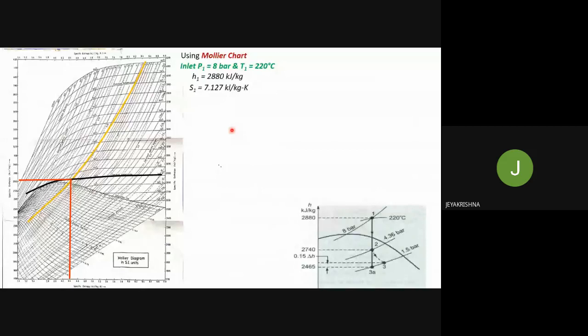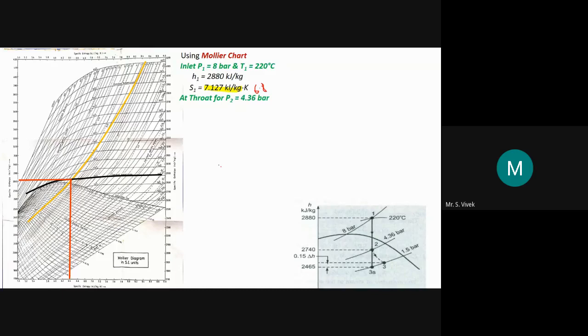6.8, okay, sir. 7.12. No, whatever value you are getting, tell me that. So 6.86, sir. Okay, 6.86. So there is a change, right? I'm going to highlight it here. Okay, there is a change here. You are getting 6.8. Okay, let it be 6.8. So this is 6.8, right?